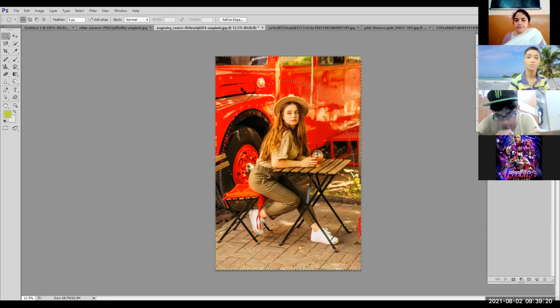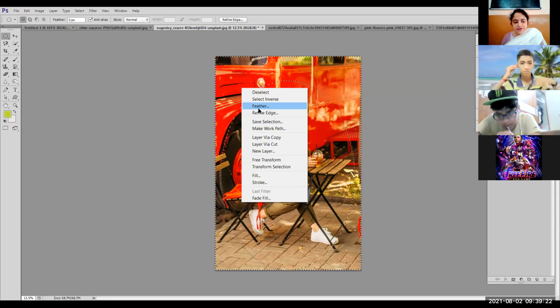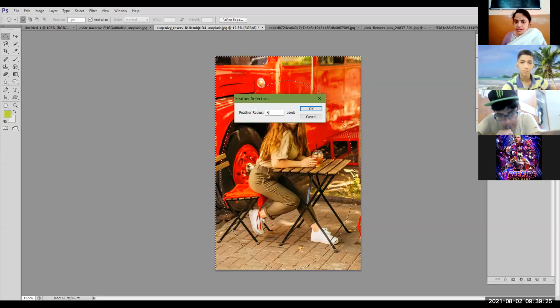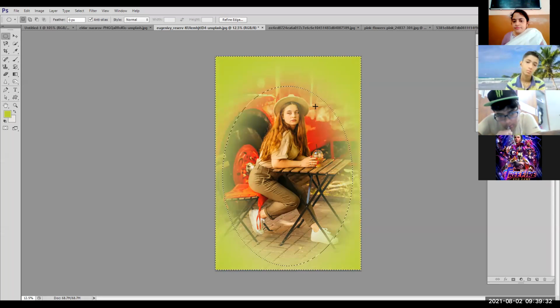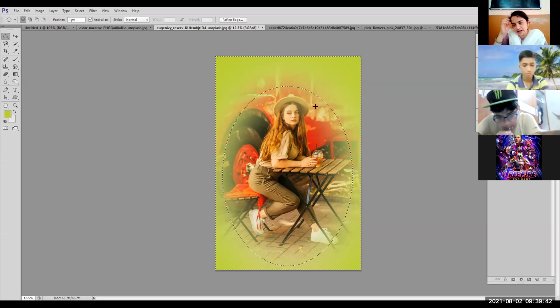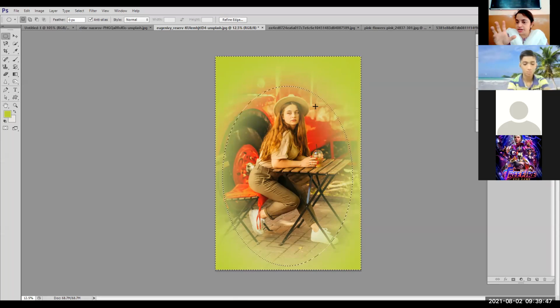I'm undoing it. Right click, choose the feather option. Give the feather effect, feather radius. Now fill the color. Now it will fill like this. Got it? What is happening with feather, and what is happening without feather? Feather effect will give the blur area or the transparency around the selected portion by the number of pixels which I had given, the radius given.